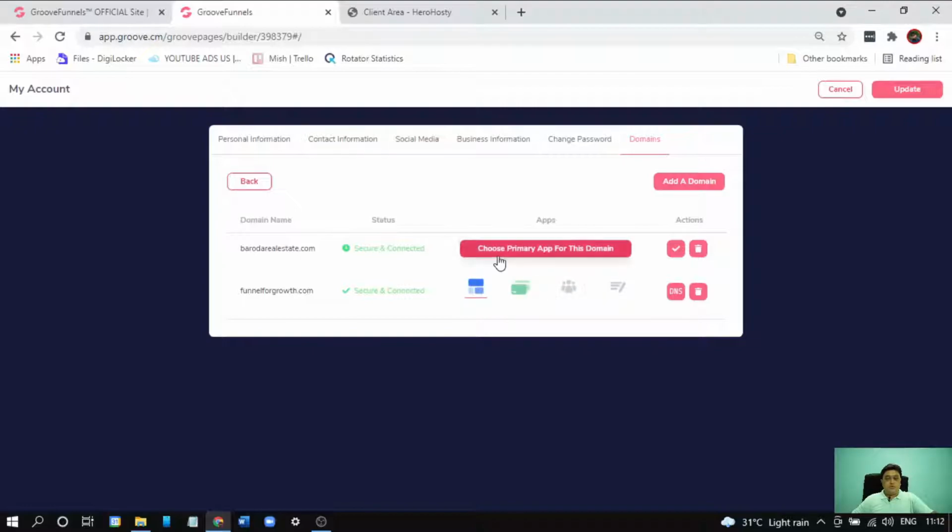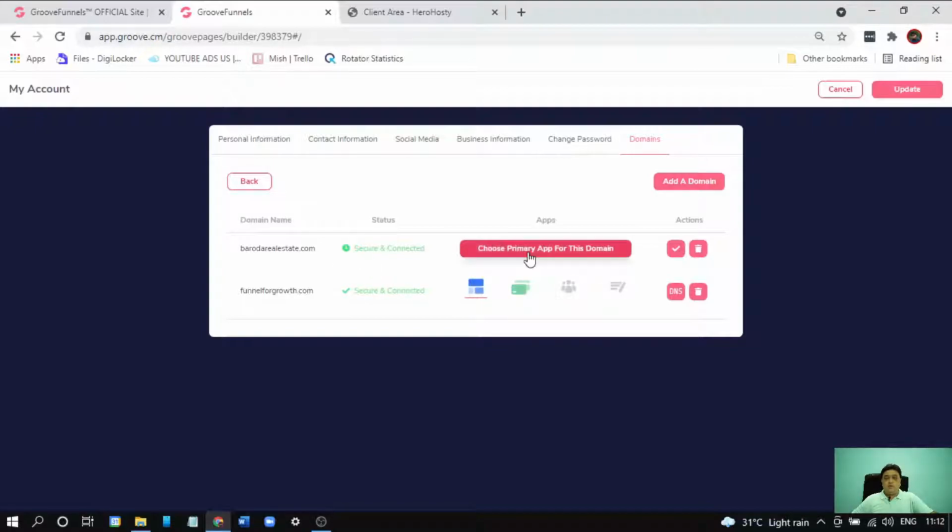Now we have to choose our primary app, meaning which platform we connect this domain with. These are the primary platforms within GrooveFunnels where we can connect our custom domain: GroovePages, GrooveSell for selling products or services, GrooveMember for a membership site or portal, or GrooveBlog.